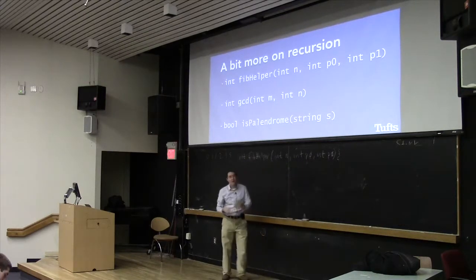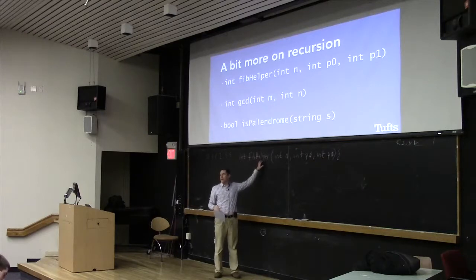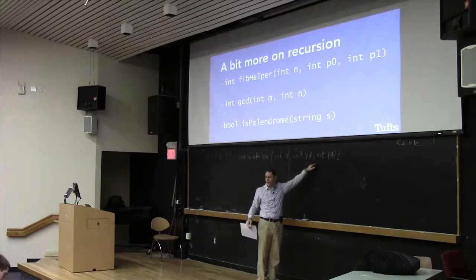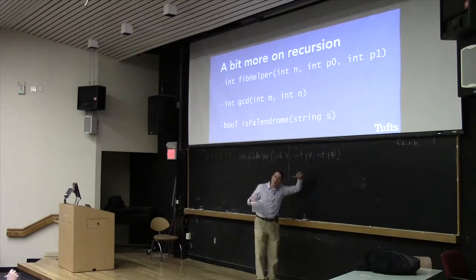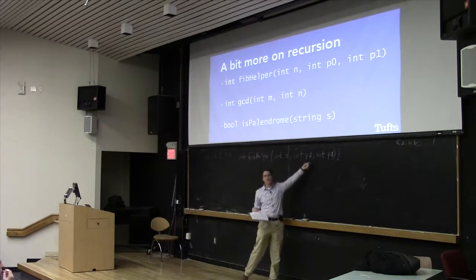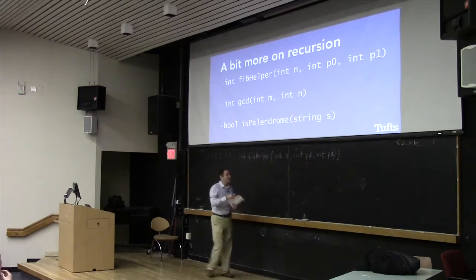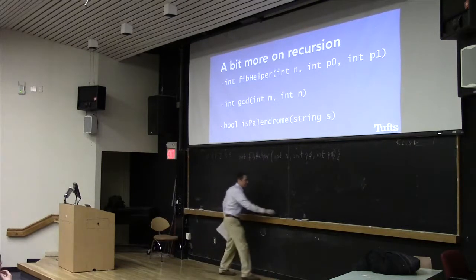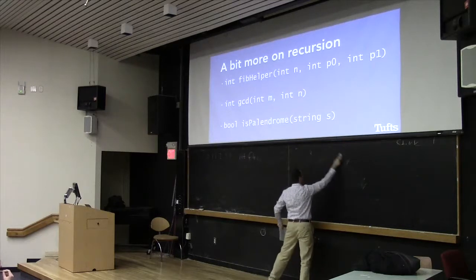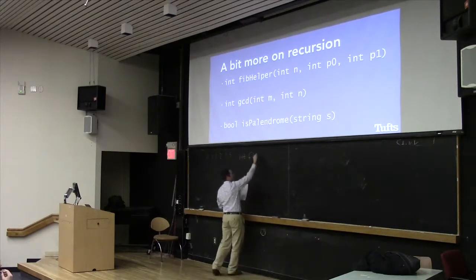And by the way, if you don't want to, this looks a little ugly in some sense. You've got to know that you call 0 and 1 when you start out. You can write another function that calls this function and just pass it this and know that first thing it gets is P0 or 0 and 1. So you can do it that way. Let's write a Fibonacci function that's not recursive. Okay? And just see what that might look like.